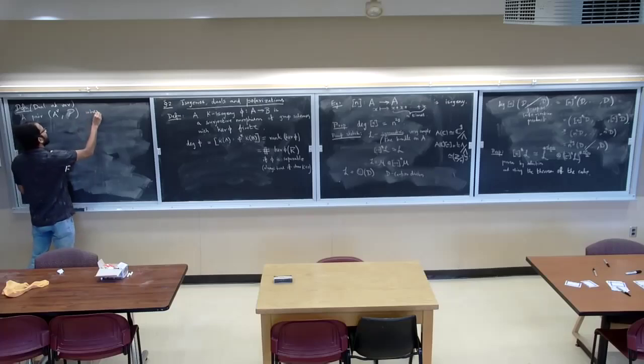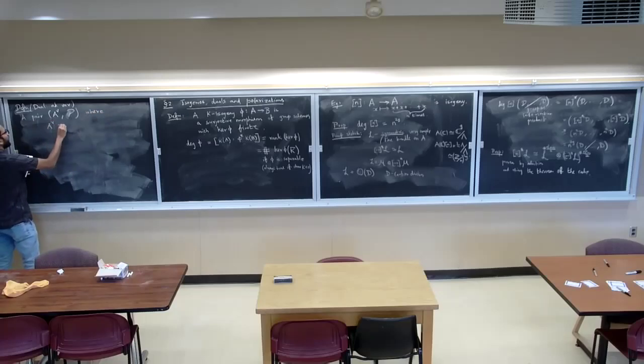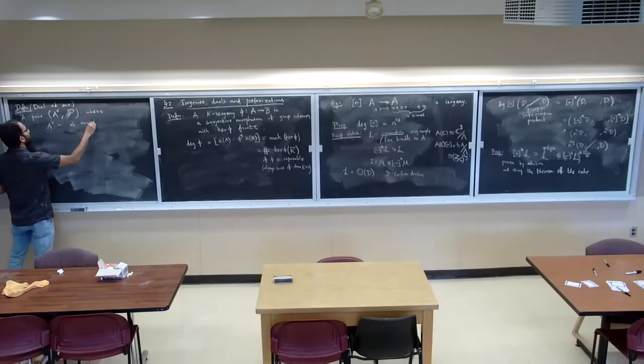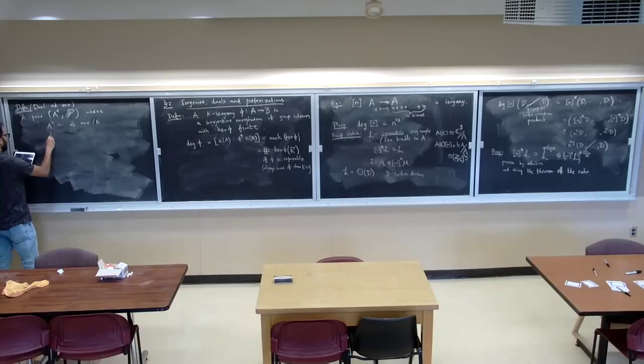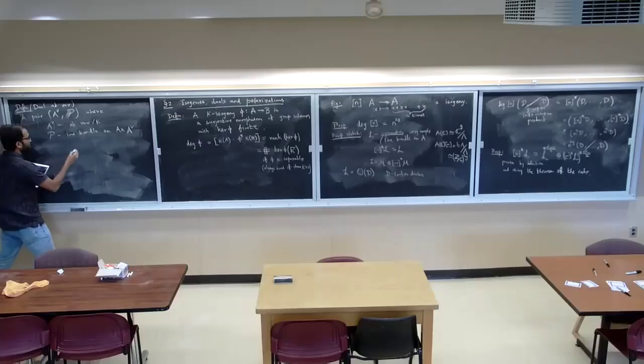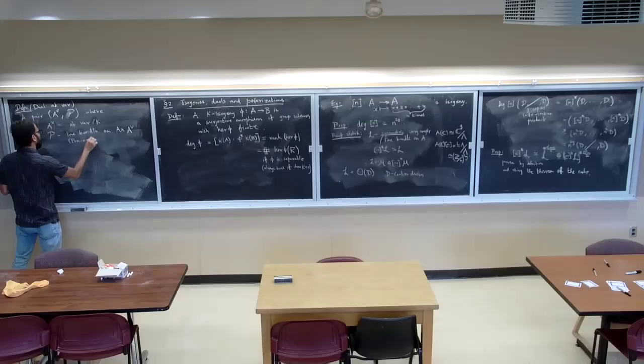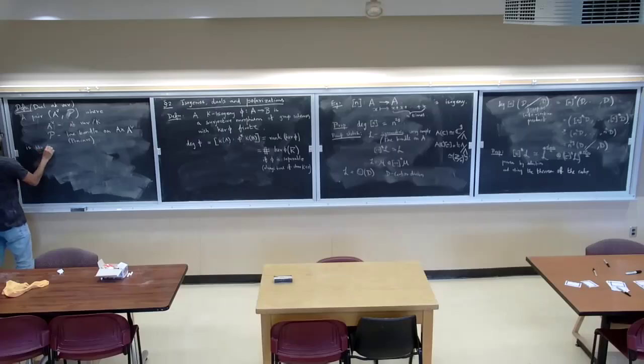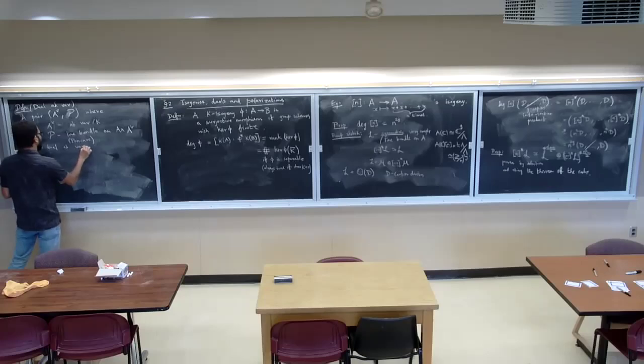So where A dual is an abelian variety, and P is a line bundle. So this is the Poincare line bundle. So this will be called the dual abelian variety if